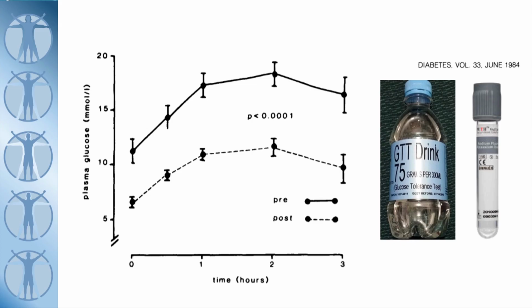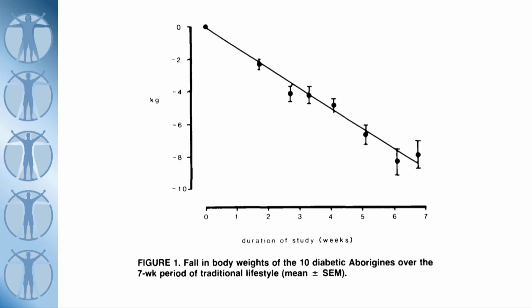This is a graph here showing their blood glucose levels. Their fasting blood glucose level on average at the start of the trial was 11.6. After 7 weeks, just 7 weeks, it went down to 6.6. Their triglyceride level at the start was 4.02, and after 7 weeks, it went down to 1.15. Huge reductions. What about their body weight? We saw a large reduction in their body weight. A mean reduction in the BMI went from 27.2 down to 24.5.